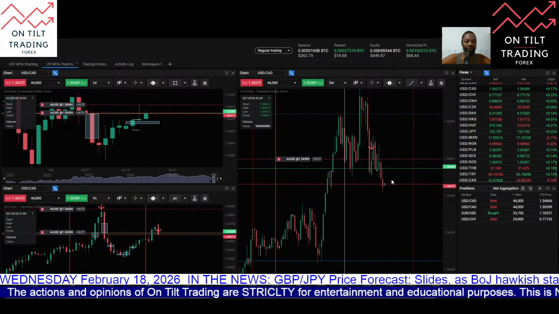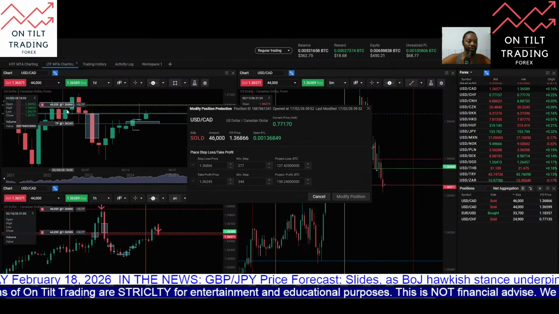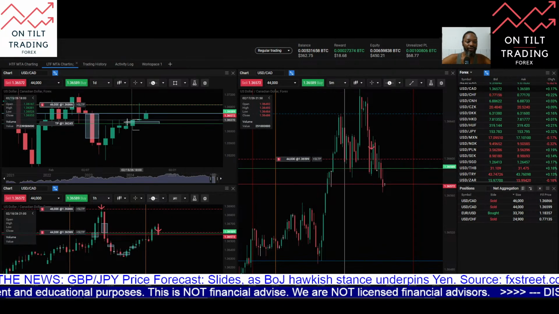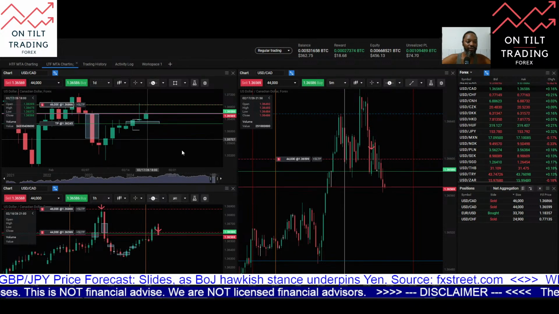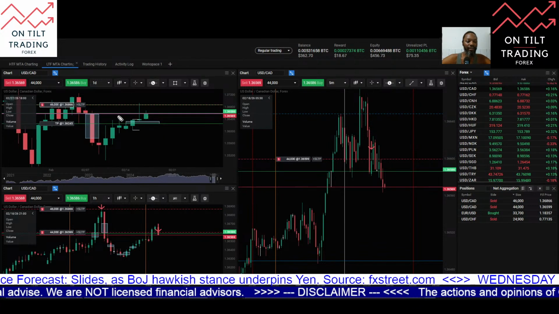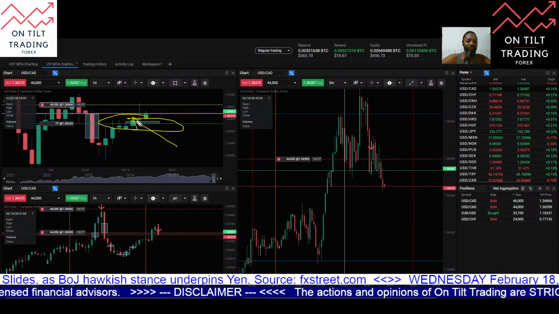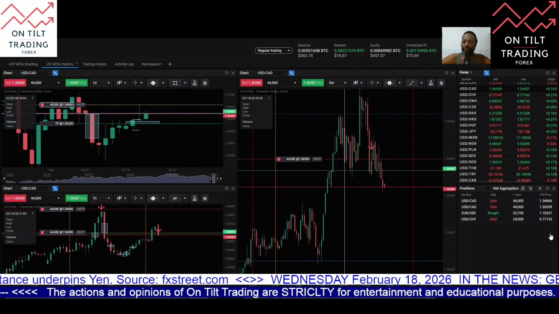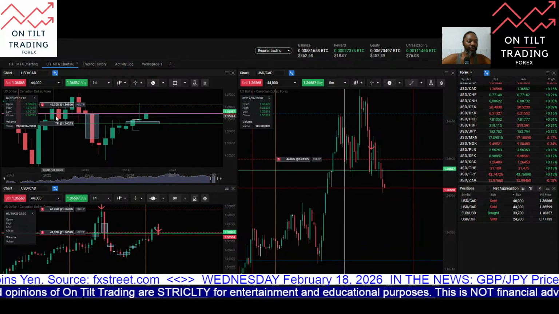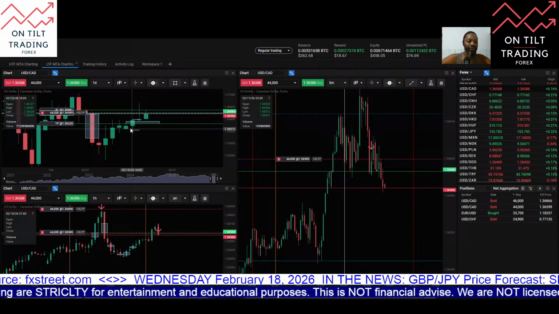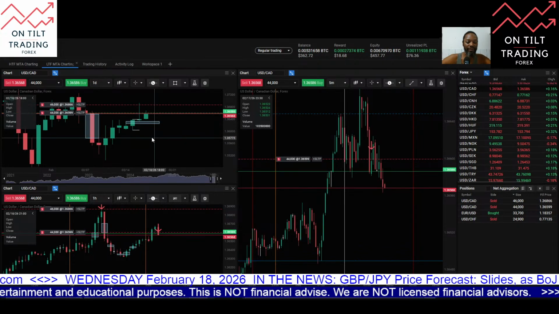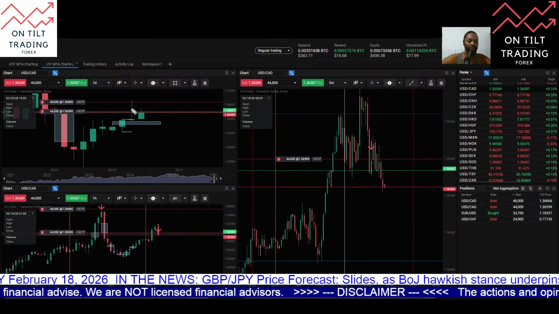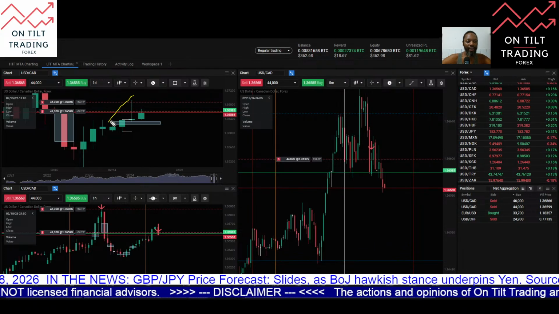If all goes well, there'll be continuation here, and then both targets are set for the rebalance of that bullish fair value gap that is recently formed here from yesterday's price action here on the daily chart. And currently both targets are set for that level. Unless I see something differently, I'm going to keep that